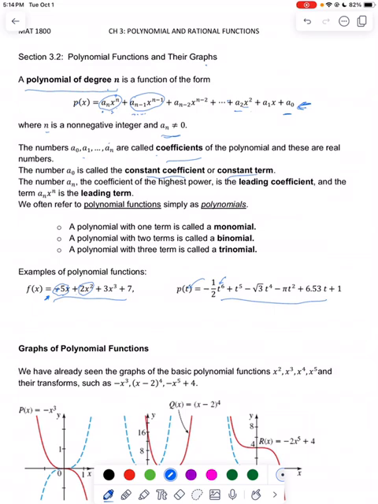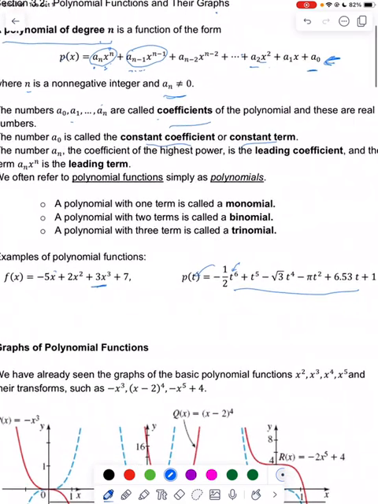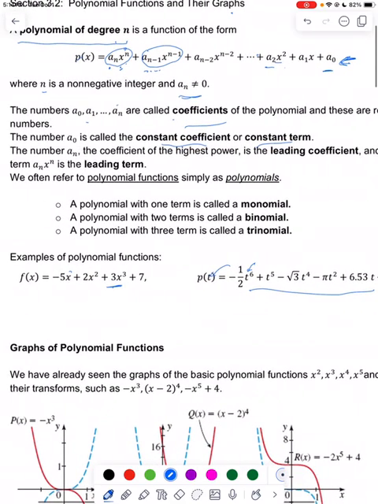power on the variable. So for example, here the first term is negative 5x, but that is not giving us the degree of the polynomial. We have to find which term has the highest power on the variable, which, I believe, is this one, 3x cubed. So 3 is the degree of the polynomial. So this has degree 3. And the leading term, sometimes called the lead term, is 3x cubed, and the lead coefficient is